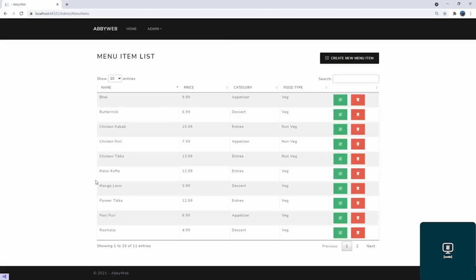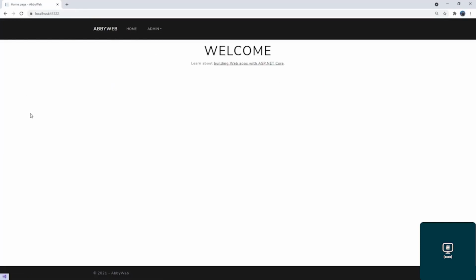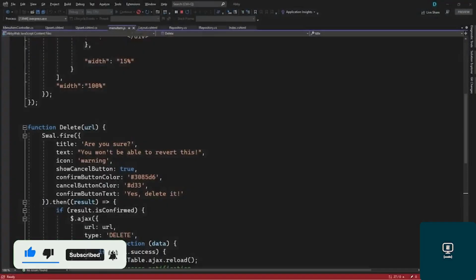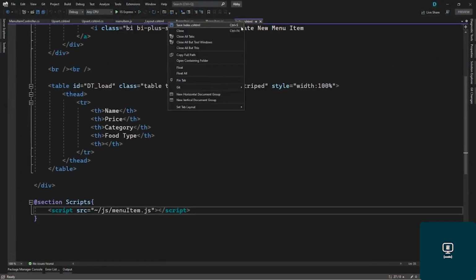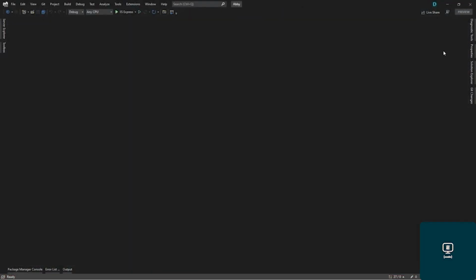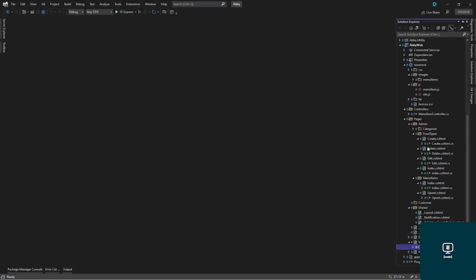Now that we have created a few menu items, let's work on the home page of our application. Here we want to display all the menu items inside a nice table format. We will be using Bootstrap card layout for that format. But before that, let me do one thing. If we close the application here, and let me close all the tabs that I have open, inside Solution Explorer,